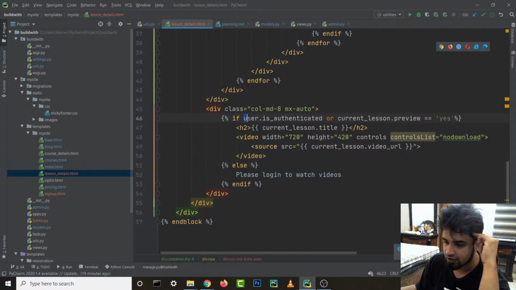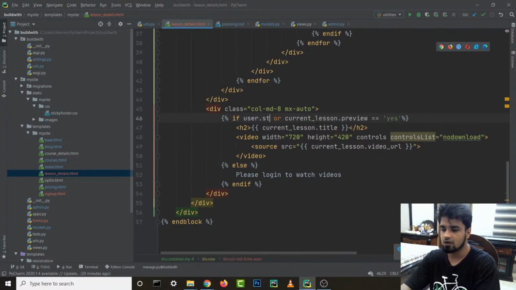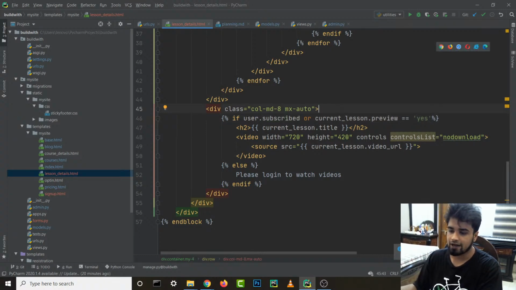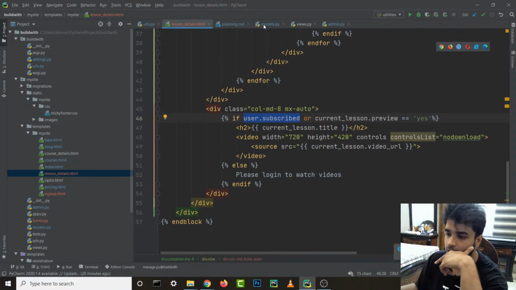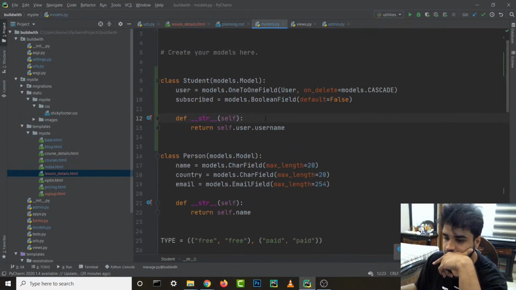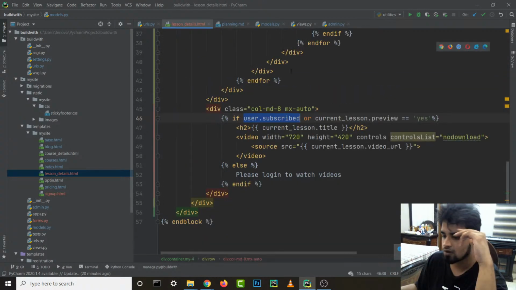So instead of "if user is authenticated", what I want to do is something like "if user subscribed". Yeah, if user subscribed, then only show this stuff. This is what I wanted to do. Will we have to import this too? That's the big question. Or can we just write